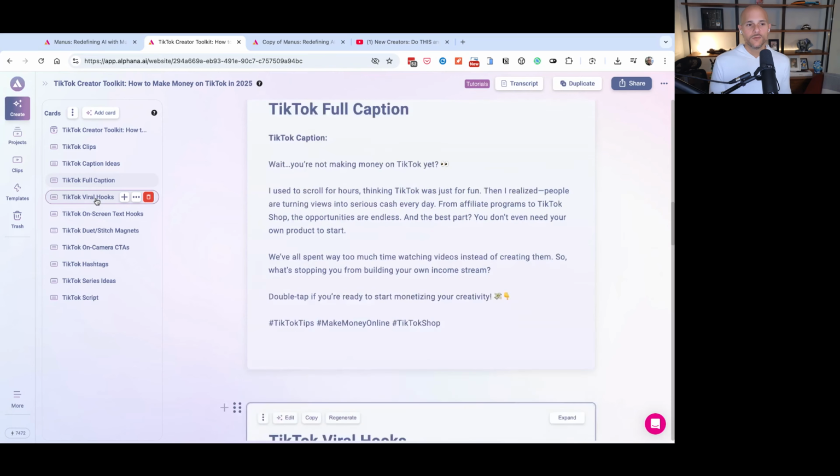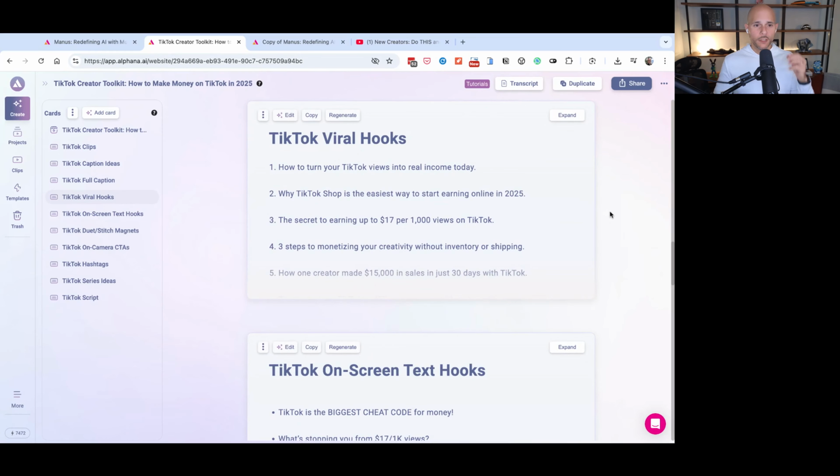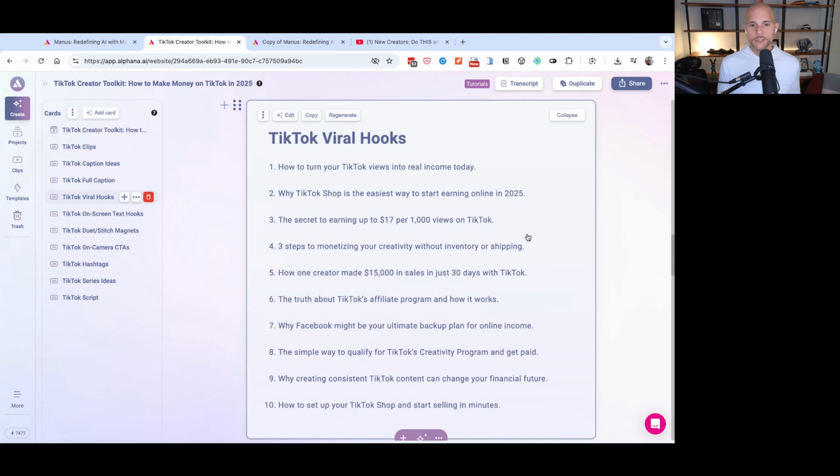Not only that, but let's say you've got a video that you're testing, you shot your video and you're trying to come up with viral hooks, right? We automatically create viral hooks that you could use for your videos that you could say on screen or on camera, right? Like, why TikTok Shop is the easiest way to start earning money online in 2025, right? Or the secret to earning up to $17 per 1,000 views on TikTok. We try to come up with a variety of hooks that you could use to test your content, because hooks are what keeps the person there. It's the first 3 seconds of the video that hooks the person in to stop them from scrolling